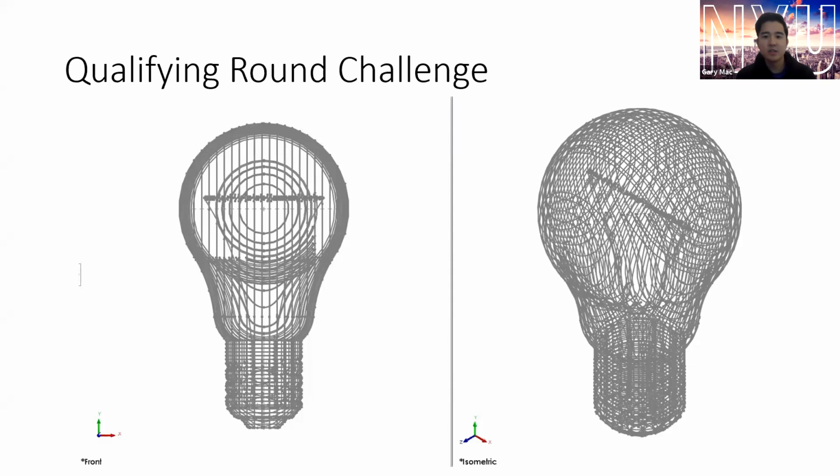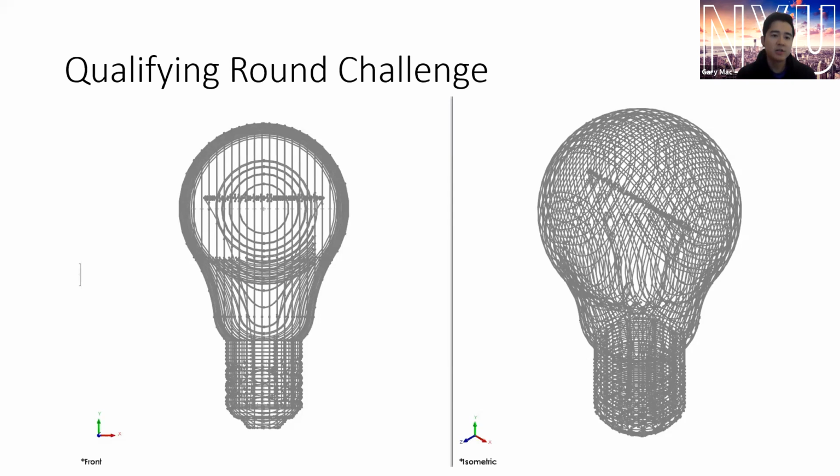As you can see on the screen, this is a light bulb, and what we have done is we have taken the solid bodies and all of the geometry and completely stripped them out of the design. And we replaced it with these 3D curves that represent the silhouette of the light bulb design.